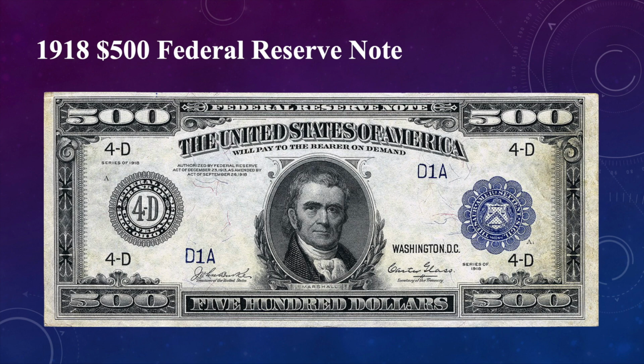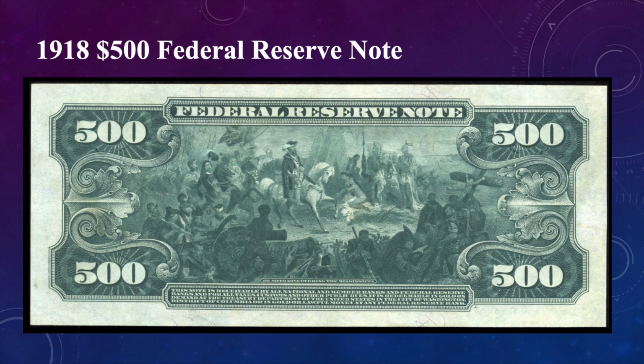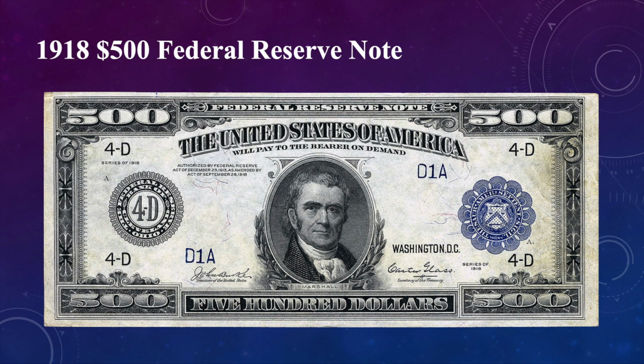We have to fast forward quite a while to see the next one, and that's this 1918 $500 Federal Reserve note with Chief Justice, the 4th Chief Justice, I think, John Marshall. This note is considered another one that's really rare but actually attainable. Prices are going to be similar. And the back shows, I'll show it right now, DeSoto discovering the Mississippi, also a really gorgeous vignette. But for the note in front of us, there are certain ones that are going to be rarer, and that mostly deals with where it's from. This one says Cleveland, but there are some from Minnesota. There was one that I saw that was in really terrible shape.